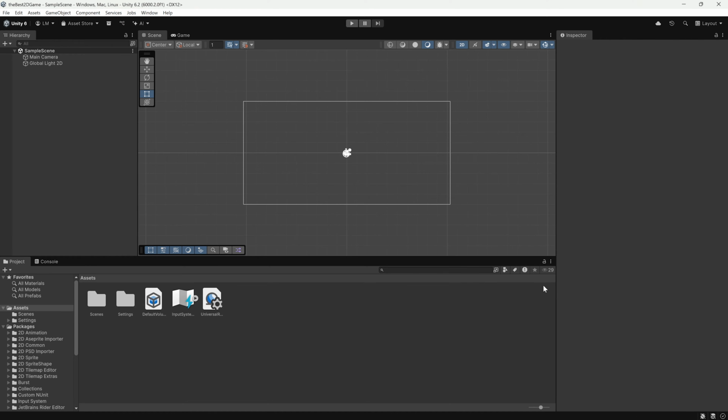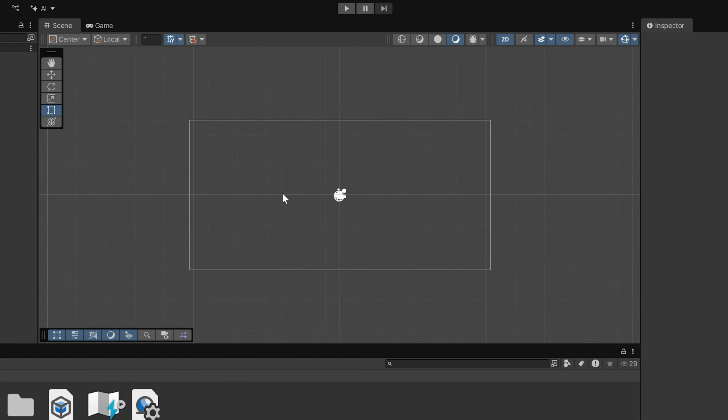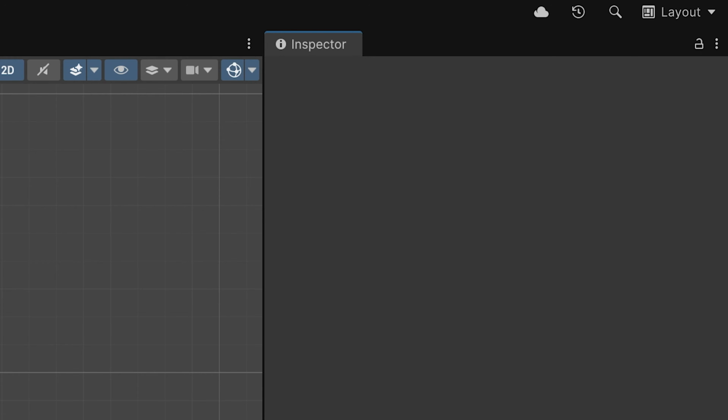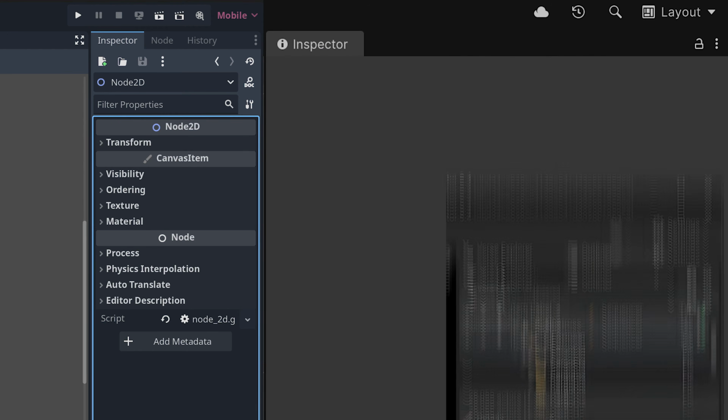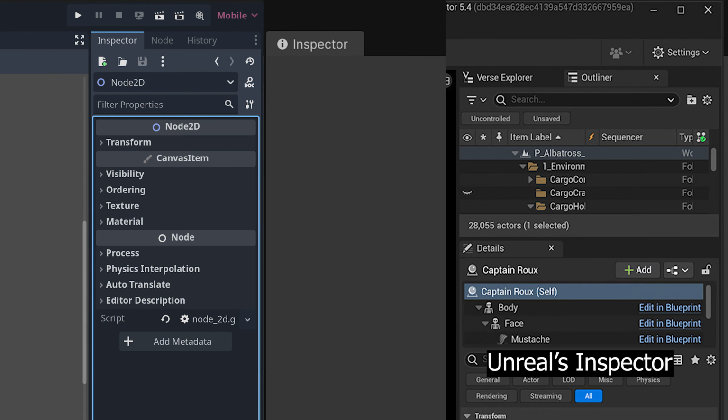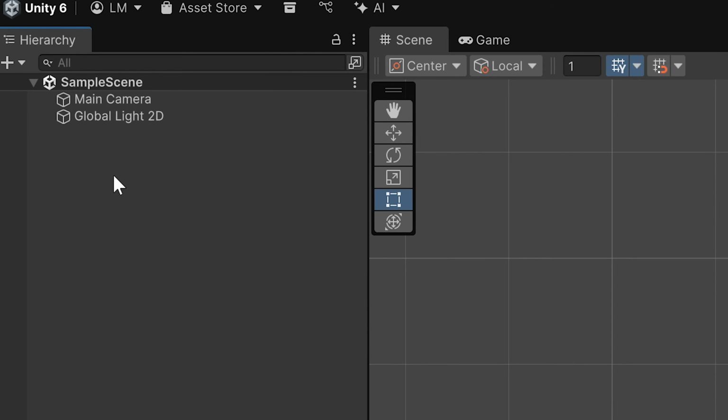And wow, it looks pretty similar to Godot. We've got the scene view for dropping stuff in, inspector on the right for tweaking details. Super hard to miss, since it's literally written right here. And yep, just like in Godot, it's on the right side. Must be the universal law of game engines. And a hierarchy on the left that feels exactly like Godot's node list.